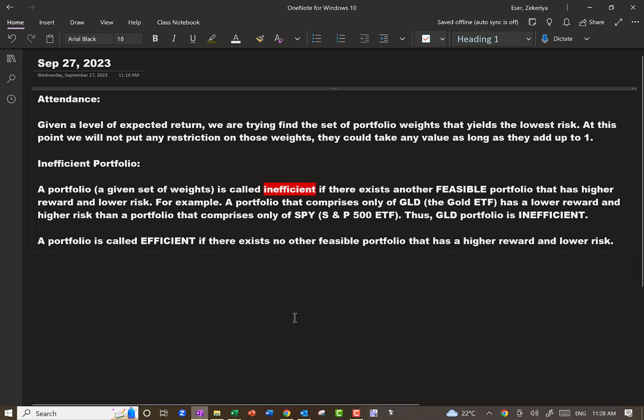Technically speaking, if there exists a portfolio that has the same reward but a lower risk, then we're going to consider the original portfolio inefficient as well. But those happen only at the margin, so we're not going to worry about it. No rational investor would or should